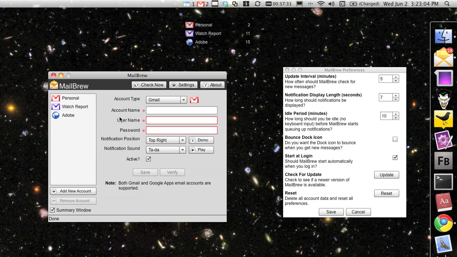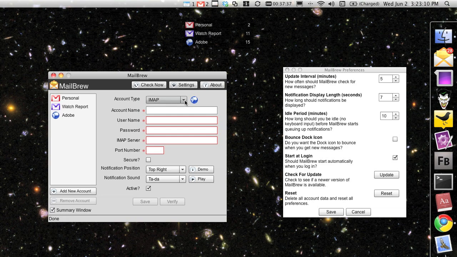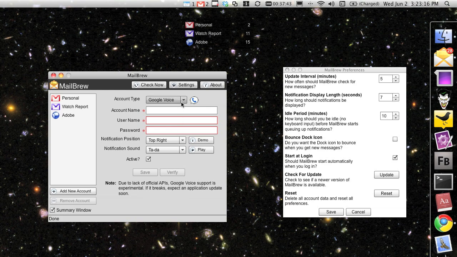Since you stayed until after the credits, you get to see the Easter egg. If you double click on the account type label here, you get some additional options. You now have IMAP, Gmail, Google Wave, and Google Voice. Now the reason why these are Easter eggs is because they're not very well supported, as the disclaimer notes down here. Google Voice and Google Wave, there are no official APIs for either of these services